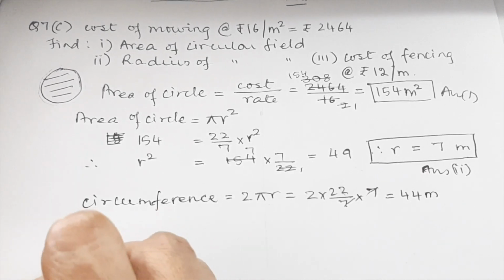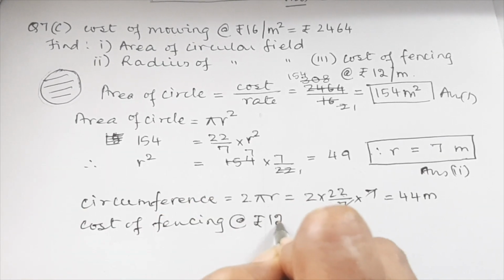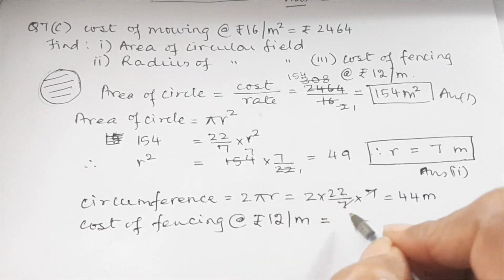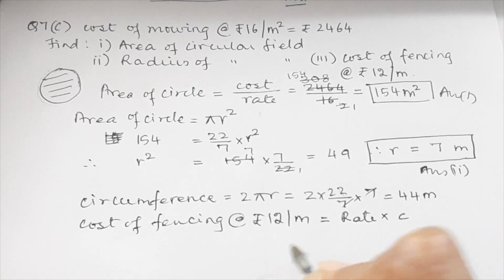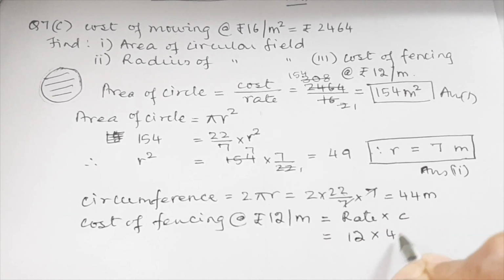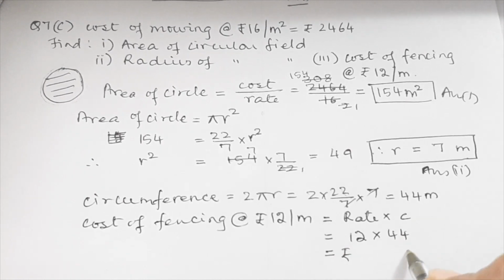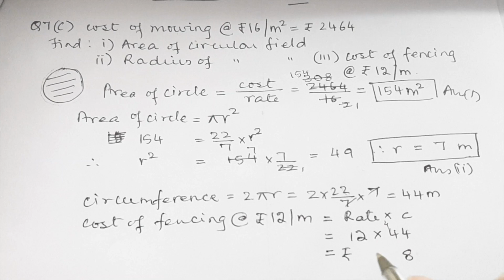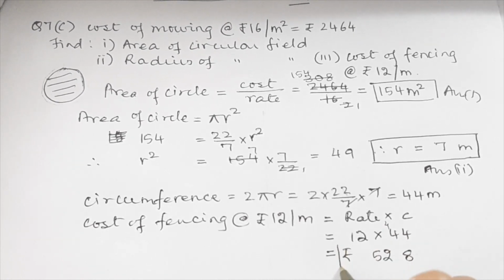And so the cost of fencing at the rate of rupees 12 per meter will be equal to rate multiplied by the circumference. That will be equal to 12 multiplied by 44. It comes out to be rupees 12 fours 48, carry 4, 12 fours 48 and 4 52. So we have 5